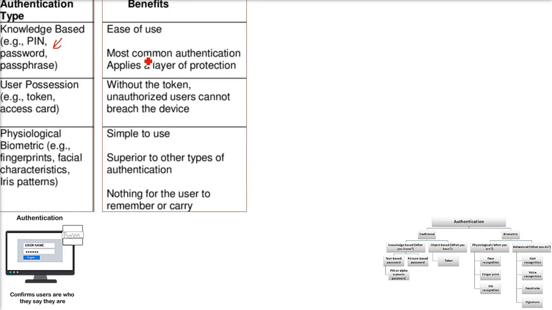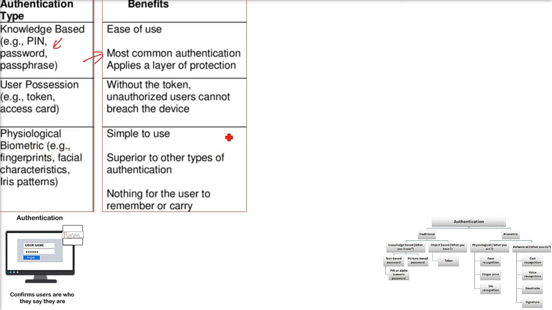So first thing, what are the benefits? The knowledge based, first thing is ease of use. Most common authentication, it applies a very basic layer of protection. Then user possession: without a token, you are not authorized to go somewhere where you want. In the physical biometric, this is quite simple to use.